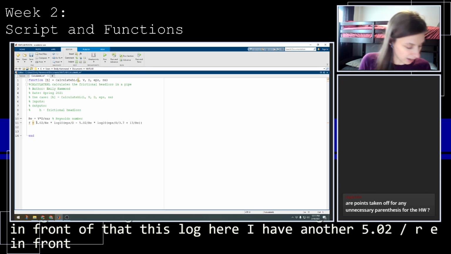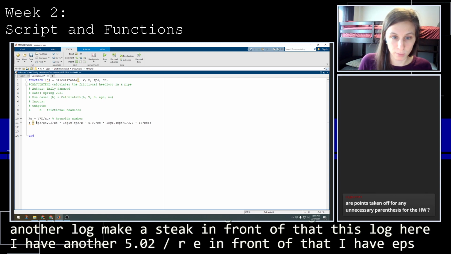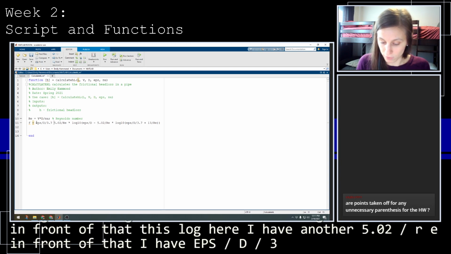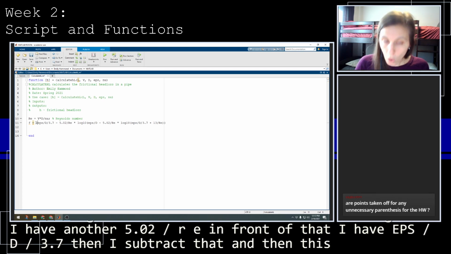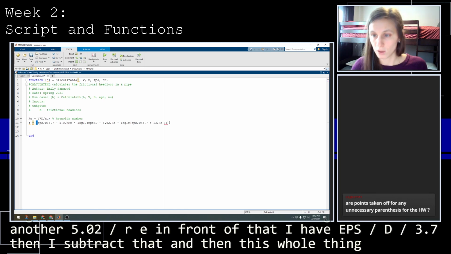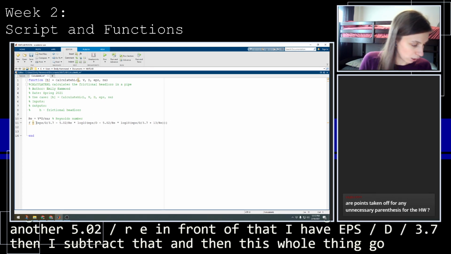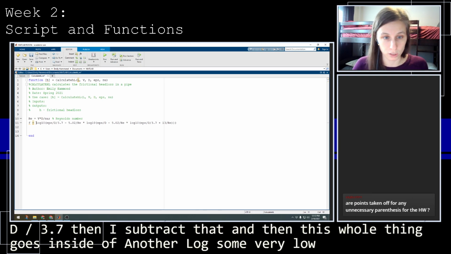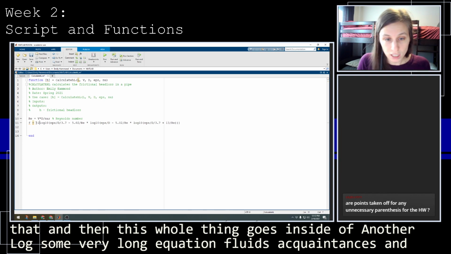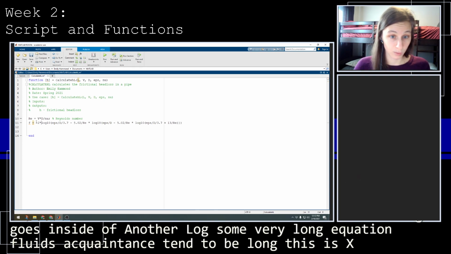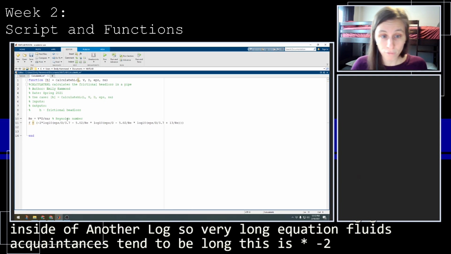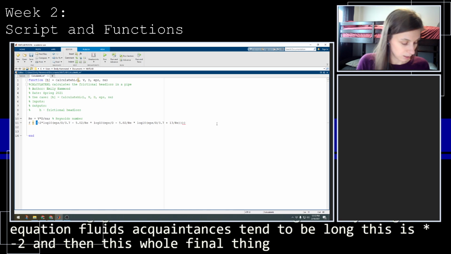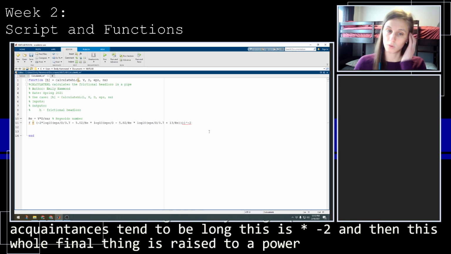In front of that, I have EPS divided by D divided by 3.7. Then I subtract that. And then this whole thing goes inside of another log. It's a very long equation. Fluids equations tend to be long. This is multiplied by -2. And then this whole final thing is raised to a power of -2.